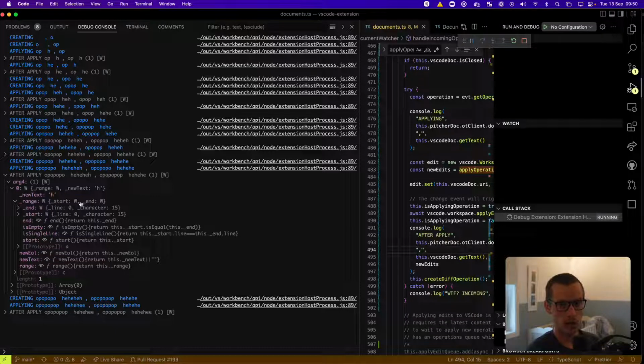So we are actually applying. Yeah, this is very fascinating. So we are obviously adding the H here. But after the apply, the VS Code doc doesn't have that H. And is the range correct? That can also be a thing. Like it's just producing the wrong